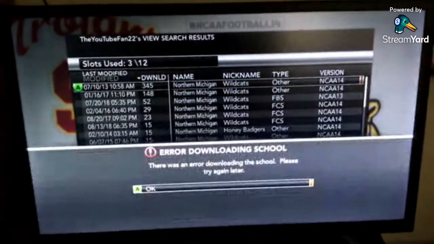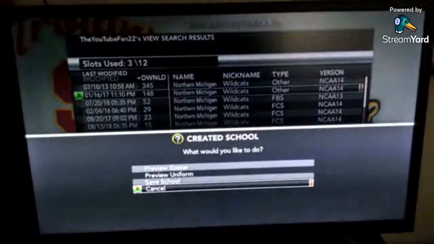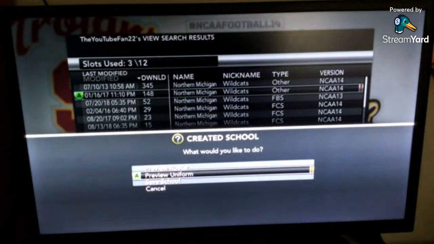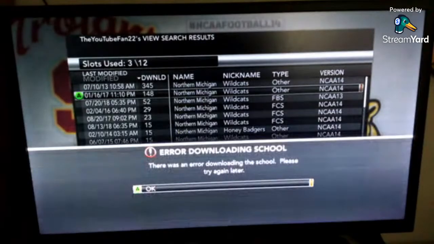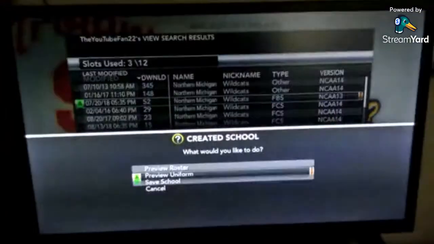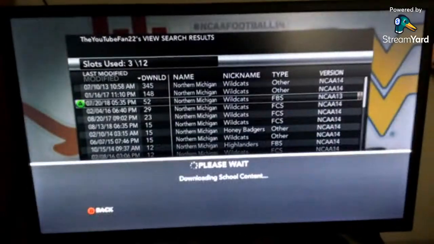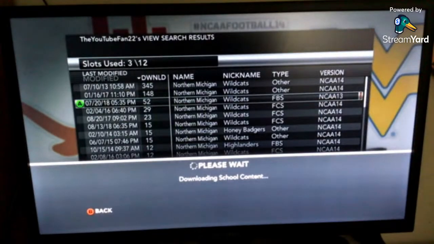So we preview uniforms, try and get 148 still, 52. 52 is good. I mean, it's not a bad number. Still a very high number. So that's it with this flash drive file,